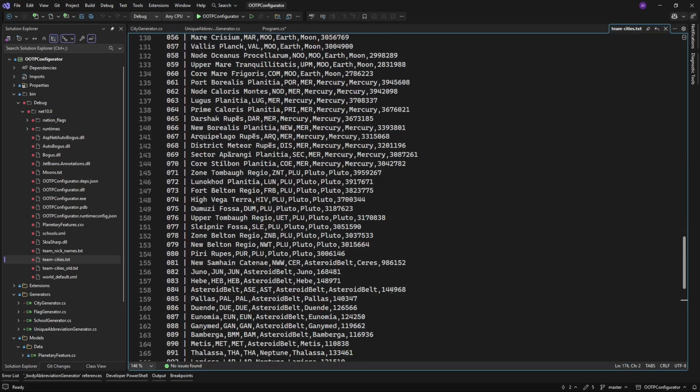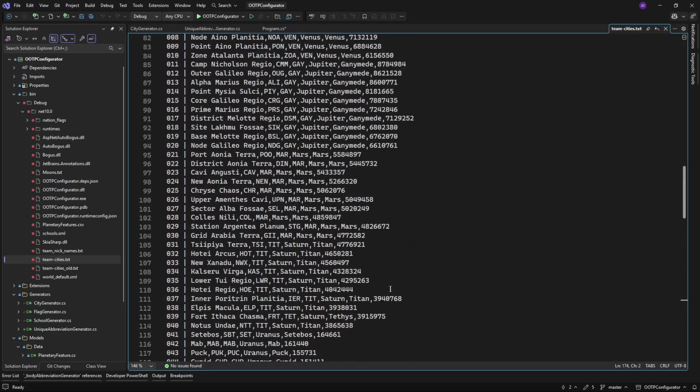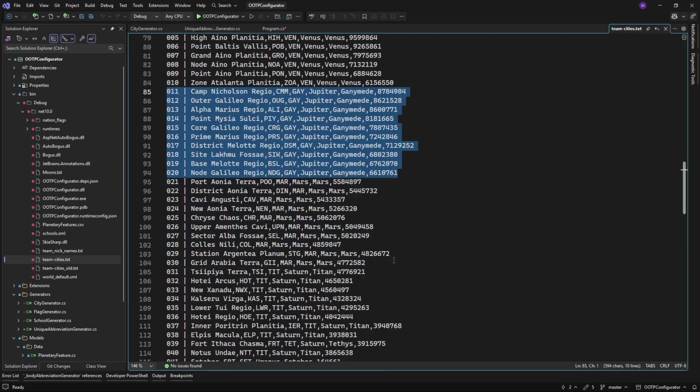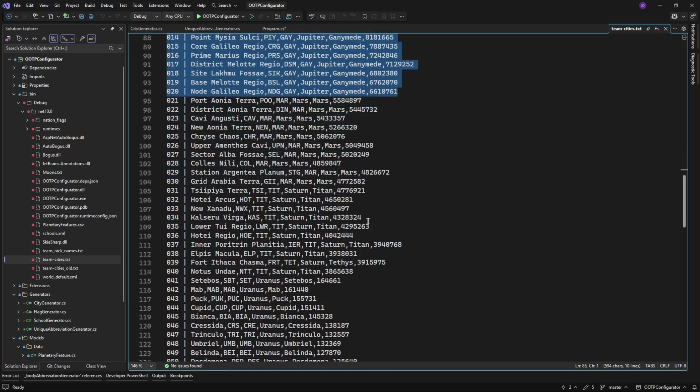And so when it comes time, you can see all the numbers 1 through 10 are from Venus. 11 through 20 are from Jupiter. They're all from Ganymede, so that's interesting. I mean, of course they are.